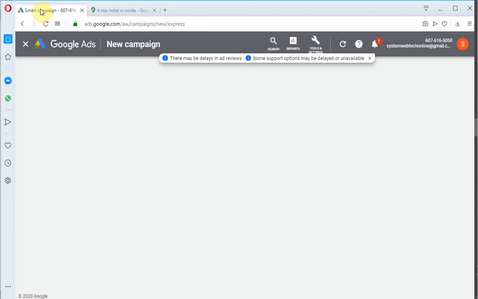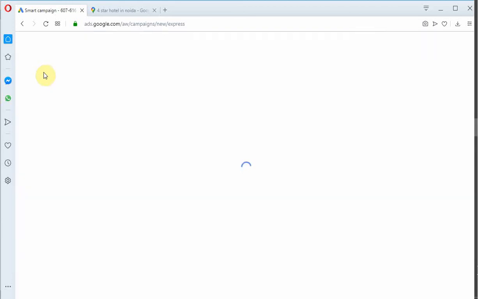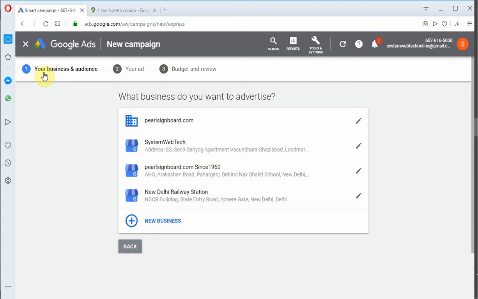This interface takes a little bit longer time to load. So these are the 3 steps. Your business, now whatever the business is reloaded,